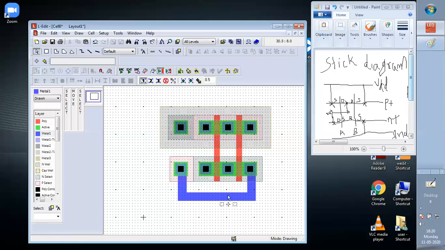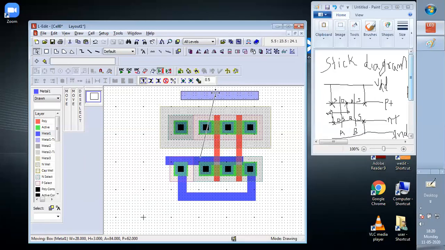Right? Similarly, we have to connect this same thing. Okay. Control C, Control V. Same thing over above. We can draw or we can copy it.